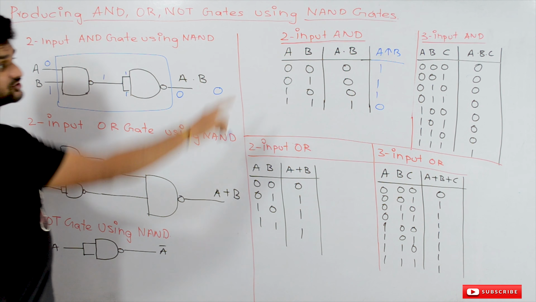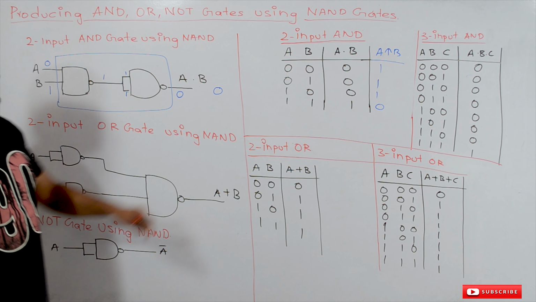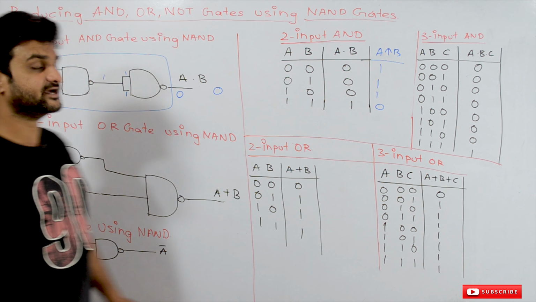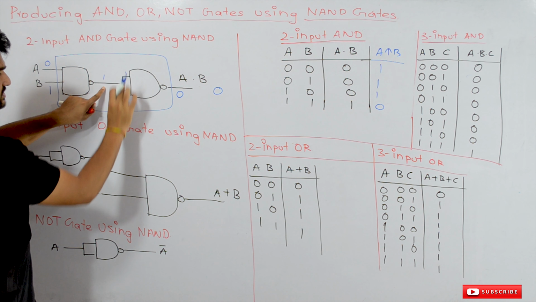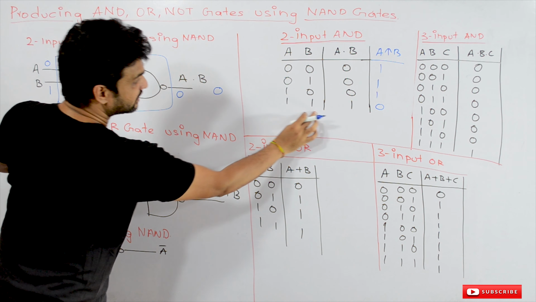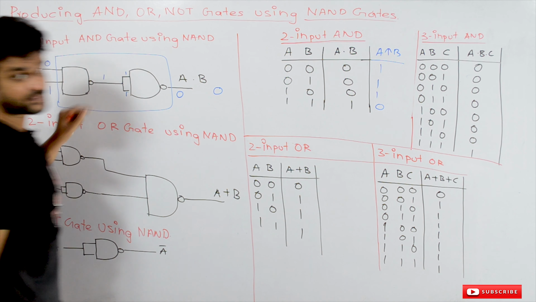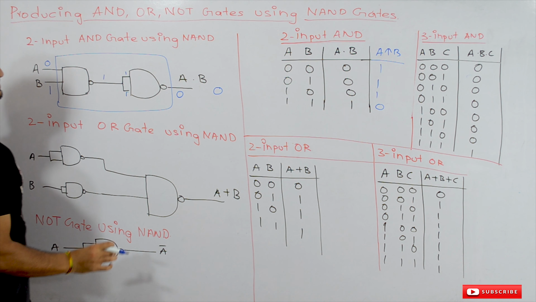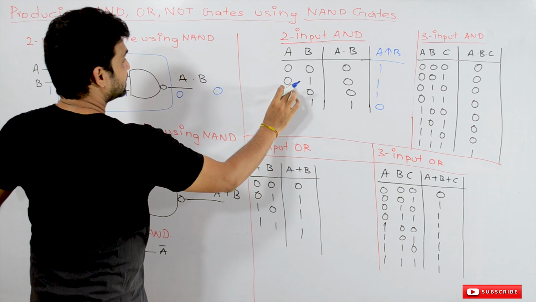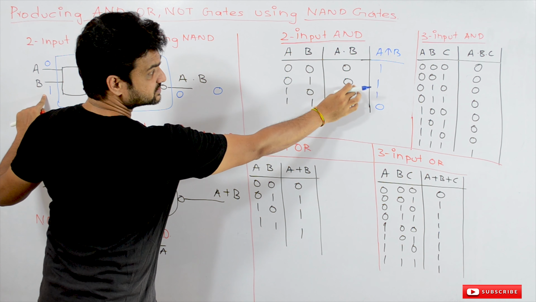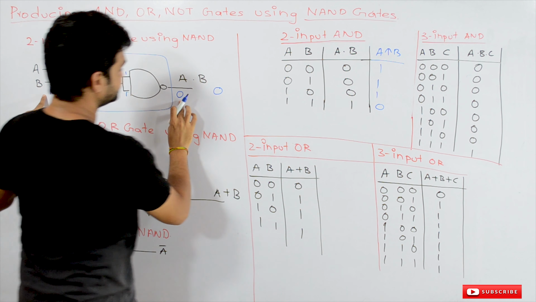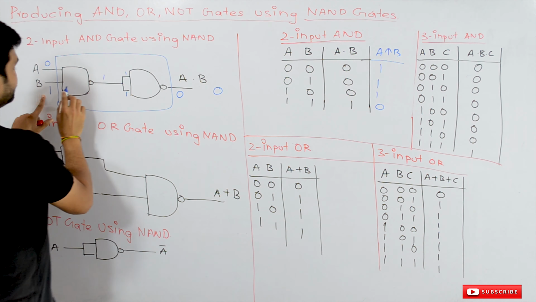And this is 0. Those are the outputs generated by using the NAND gates. Now what will the NAND gate produce for 0 1? For 0 1 it is going to produce 1, and 1 1 is going to produce a 0. So this is going to be a 0. And what is the output for 0 1? 0 1 is going to produce a 0. So the AND operation has to produce a 0, and we are going to get a 0 for 0 1.